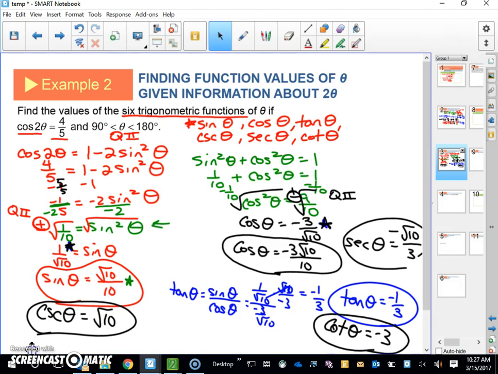Now again, I did all 6. That's a lot more work than I think you're going to have to do on your homework. On your homework, they'll just pick one. But it's the same process. Find an identity, and then basically isolate your